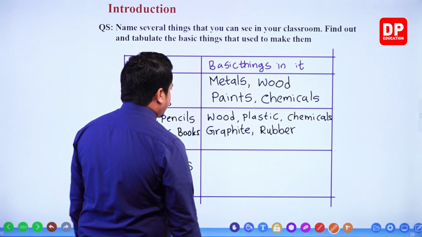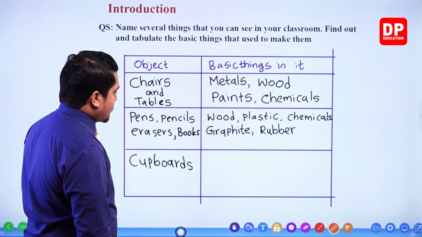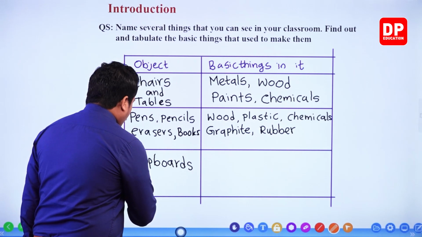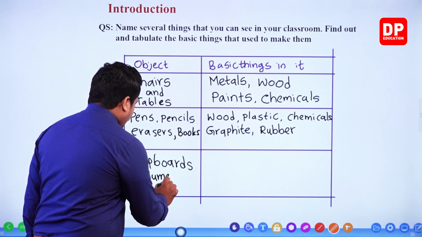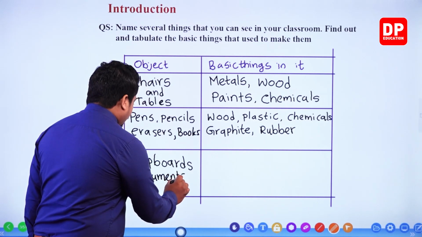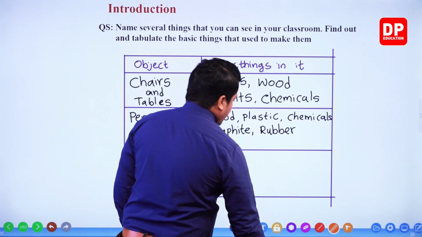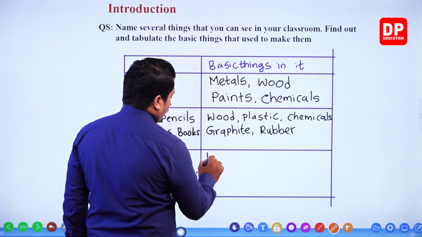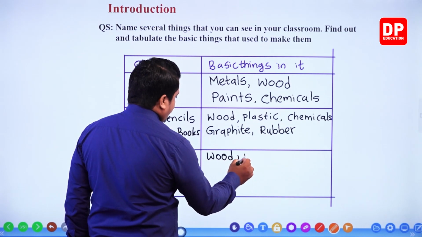Right. Okay, so cupboards and other kinds of documents. Cupboards and documents. So sometimes cupboards are made up with wood, sometimes with metals,